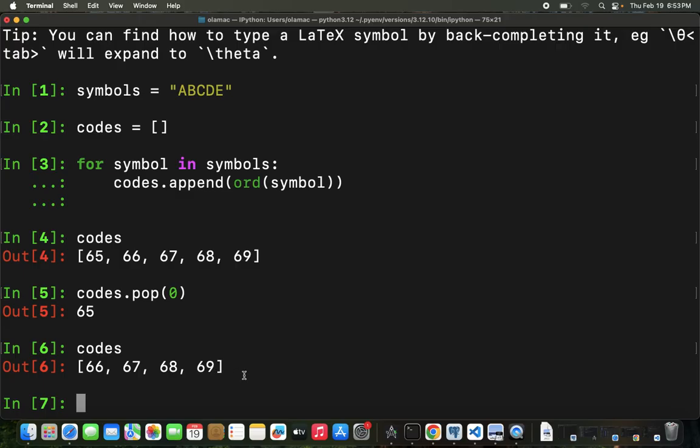And this is fine, except there is a problem with this. When we insert and remove from the head of our list, that is the zero index end, this operation can be costly in the sense that